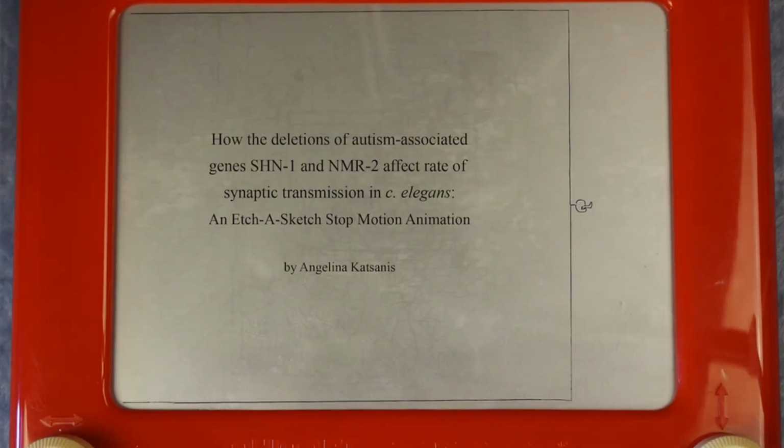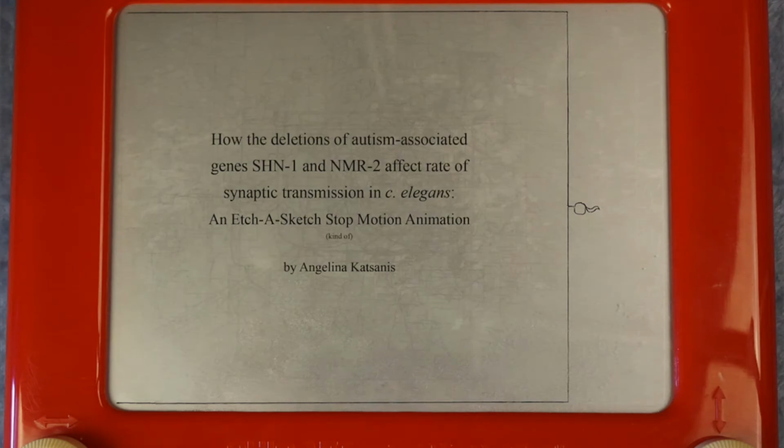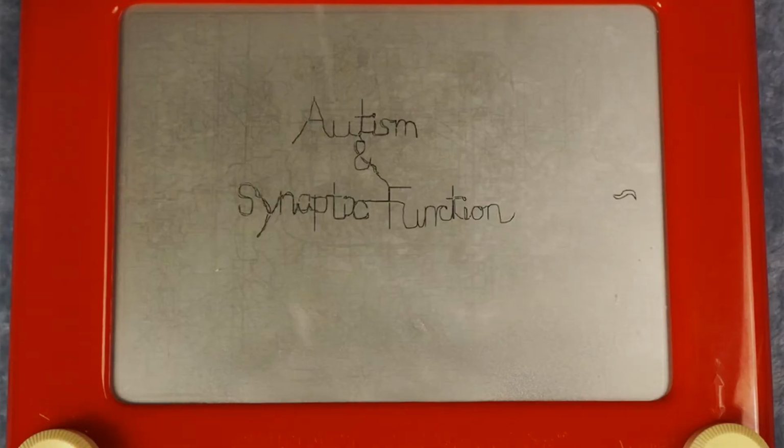How the deletions of autism-associated genes SHN-1 and NMR-2 affect the rate of synaptic transmission in C. elegans, an Etch-a-sketch stop-motion animation. Kind of. First, let me give you some background on autism spectrum disorders, or ASD, and how they relate to